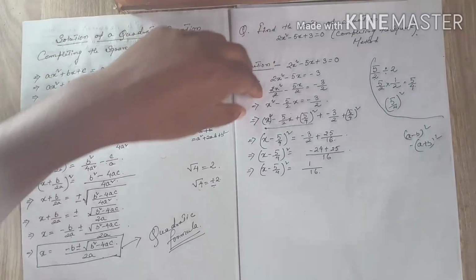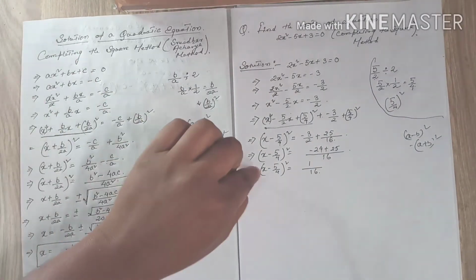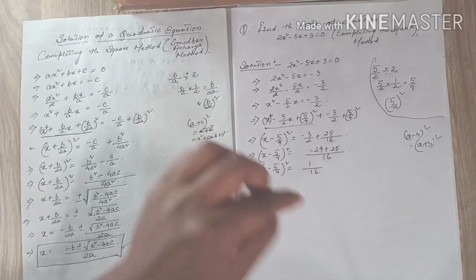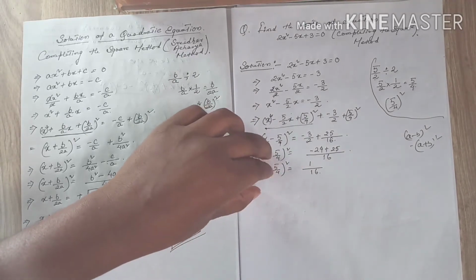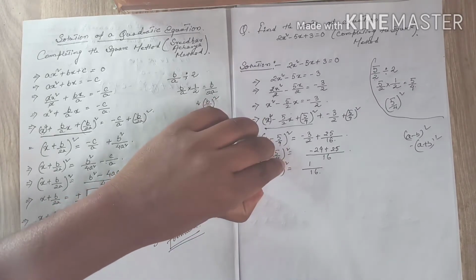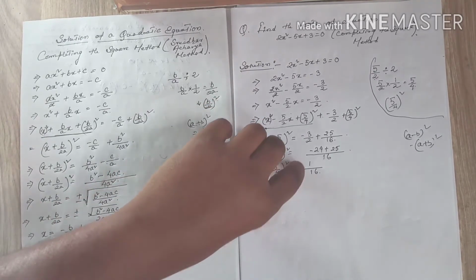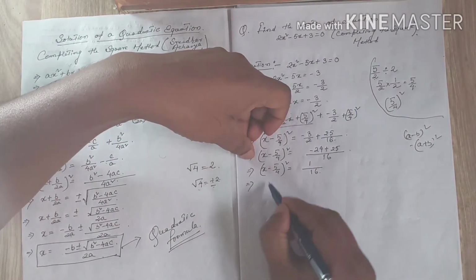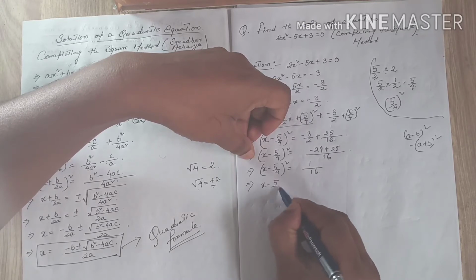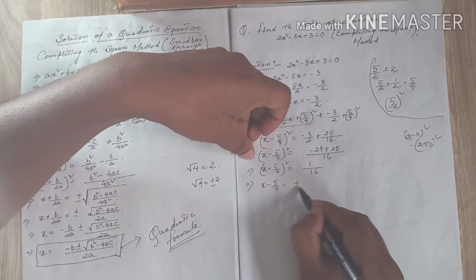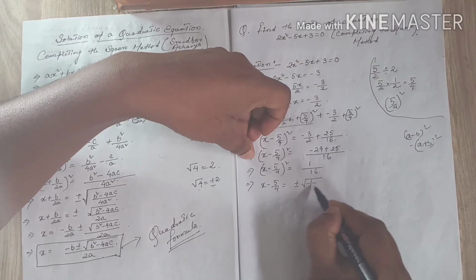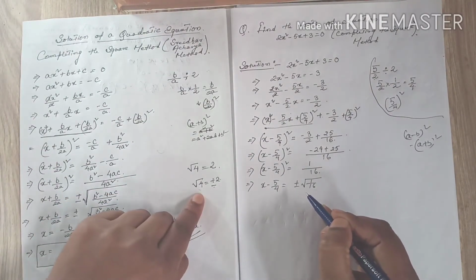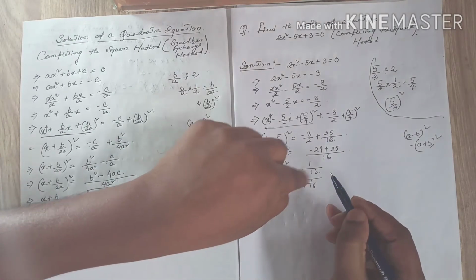Here actually I am going to find out the value of x. So still it is not isolated, इसको अलग नहीं हुआ है x अभी तक. So I have to isolate this x. For that, first you have to remove this square from here. When you remove this square, you have to take the square root of the right side. So x minus 5/4 is equal to plus minus root over 1/16. Why? How did plus minus come? Here I explain it. How plus minus came. So plus minus root of 1 by 16.